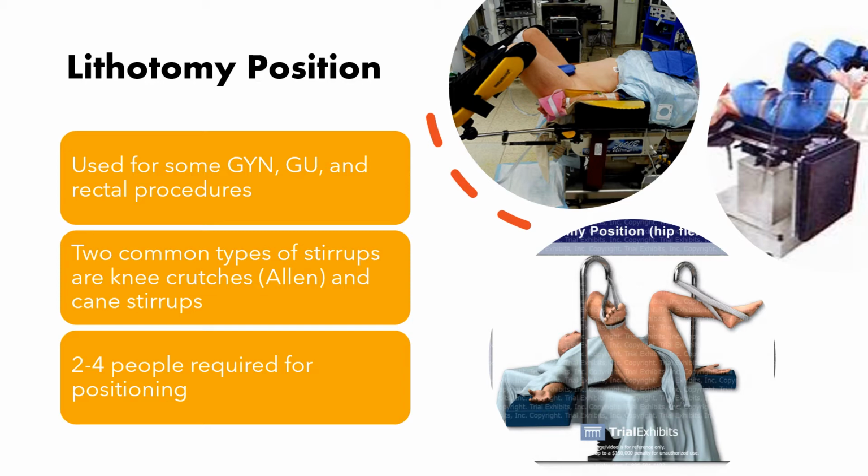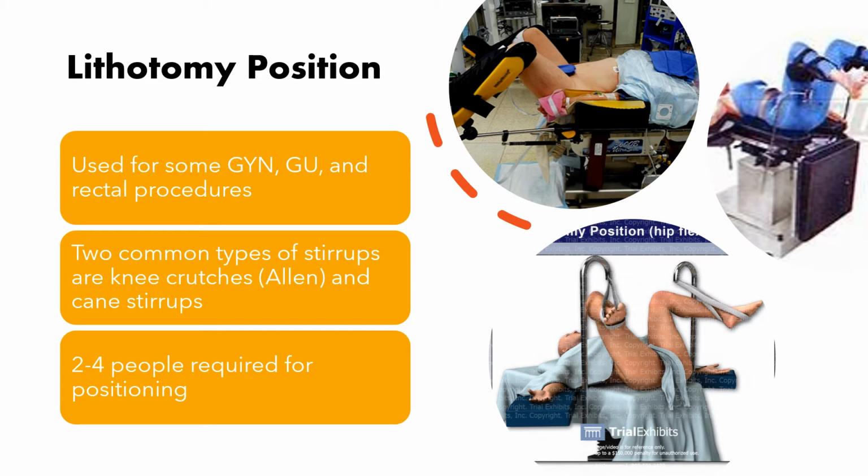Once each leg is secured into the stirrups, that is when we're going to lower the bottom of the table all the way down. Now, on some tables that lower part of the bed does completely come away from the bed, so it just depends on what type of table you're using. We want to make sure that when we're moving the patient into the lithotomy position, we do it very slowly. That way we can help to prevent sudden shifts in blood pressure or reduce the chance of hip or spinal